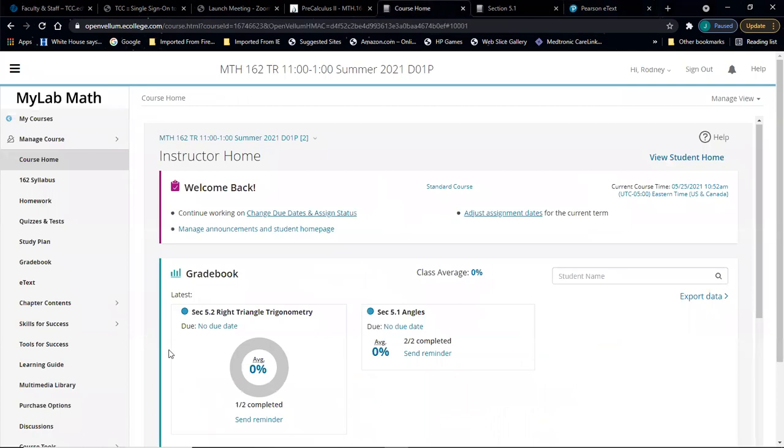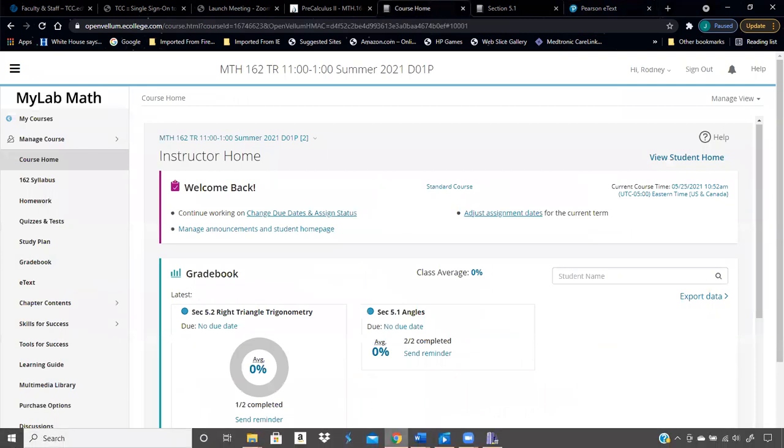Anything else I need to say about MyMathLab? I don't really think so. I think that should be it. Syllabus, homework, quizzes and tests, gradebook. I already mentioned previously that we're going to see now